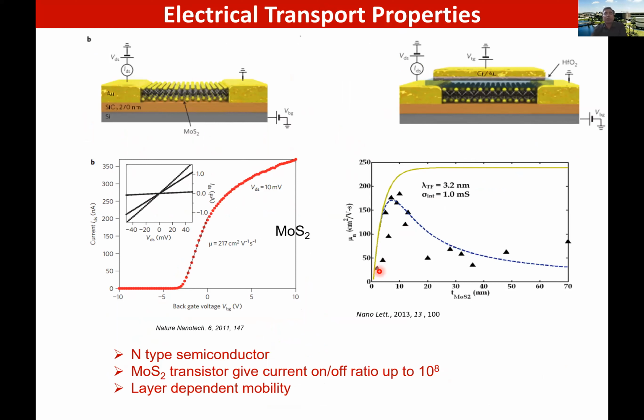So the electron mobility for two-dimensional semiconductor devices like molybdenum disulfide is better if you go multi-layer than single layer. Up to 10 layers, this is some people's experimental work, the mobility increases, but don't take this number literally. The issue here is that, if you're a device physicist, you know that all device mobilities are subjected to whatever condition you have.